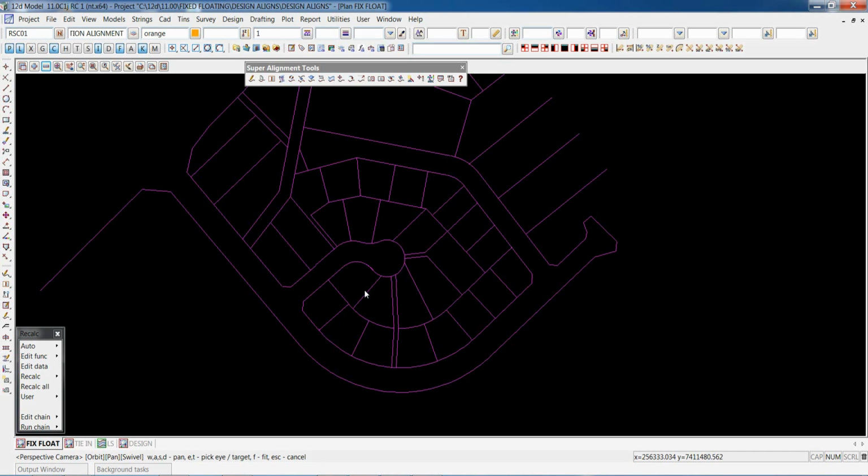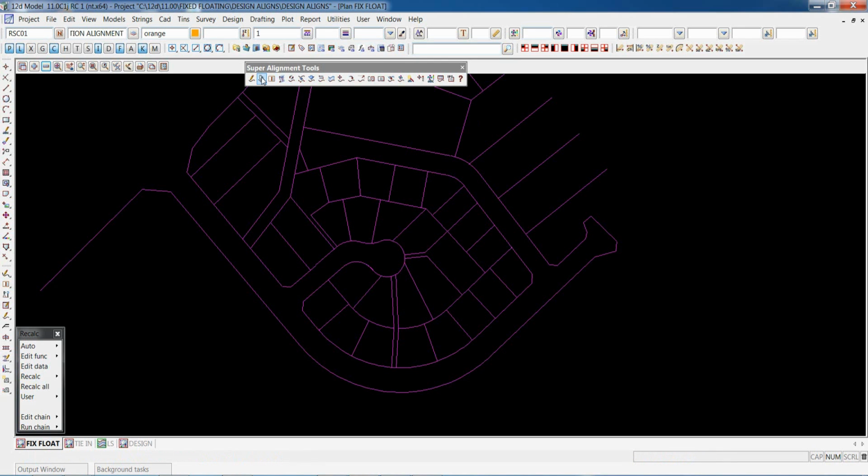Floating arcs can be defined by point and radius, direction, 2 points. They can be from the adjacent part or end of the adjacent part and pass through a point. It can also go from adjacent part with a radius and a certain length. And again, it can also be at a radius through a swept angle. Floating transitions can be defined again by transitions arc to arc and also back to back.